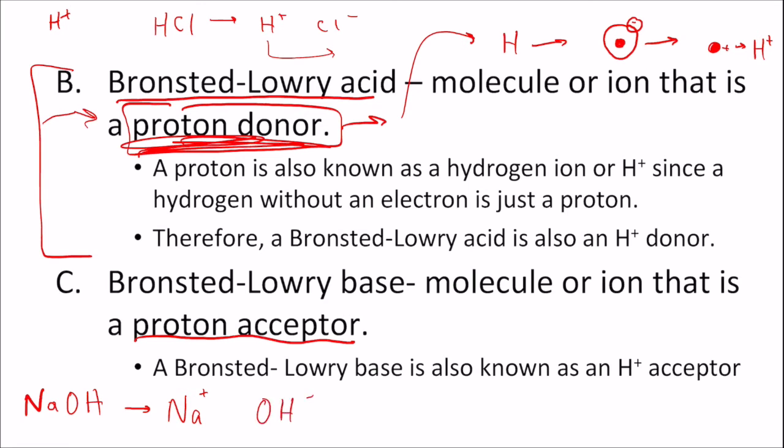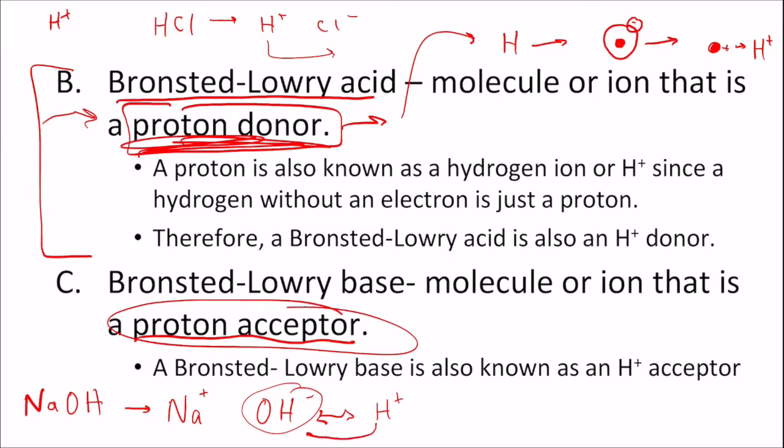It produced OH-. Now, why is this a proton acceptor? Well, if it's in water, there are going to be some H+ in the water, and they're going to be attracted to each other. This OH- is going to accept this H+